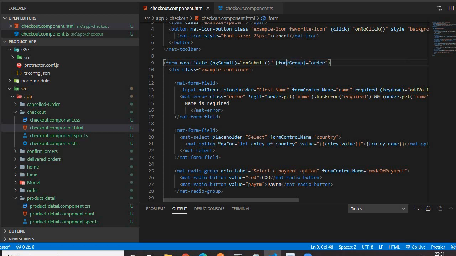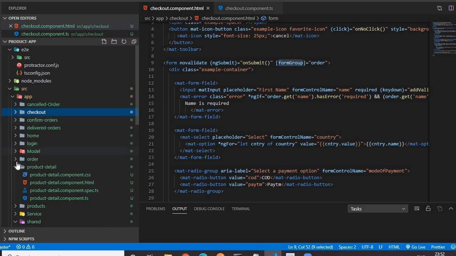So to use this form group, see, in Angular there are two kinds of form. One is the template driven form, another is the reactive form. And here we are covering the reactive form concept. Template driven form is the normal form as the HTML5 form with the ngModel attribute. So here we are learning reactive form, which is the advanced form in Angular. For using the reactive form, we have to use the formGroup attribute of the form tag.